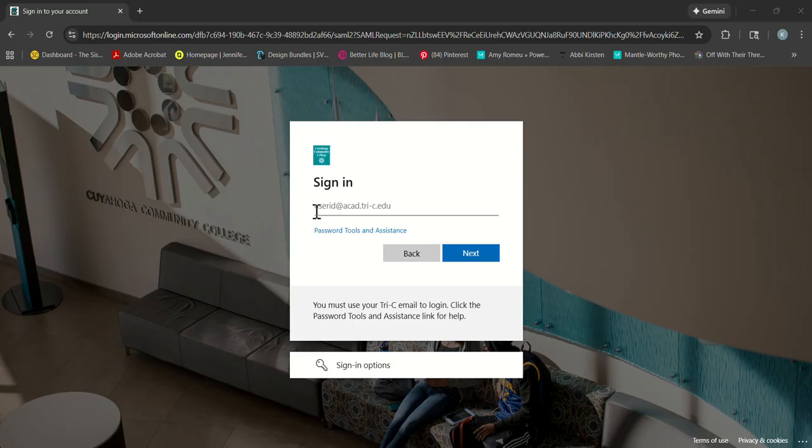And as you can see here, it's asking for a user ID, and it gives you the rest of the email address, which is at ac.acad.tri-c.edu. That is your student email. That user ID is your S number. But for right now, the only thing we need is your S number in order to change our password. So again, the first time you log on,